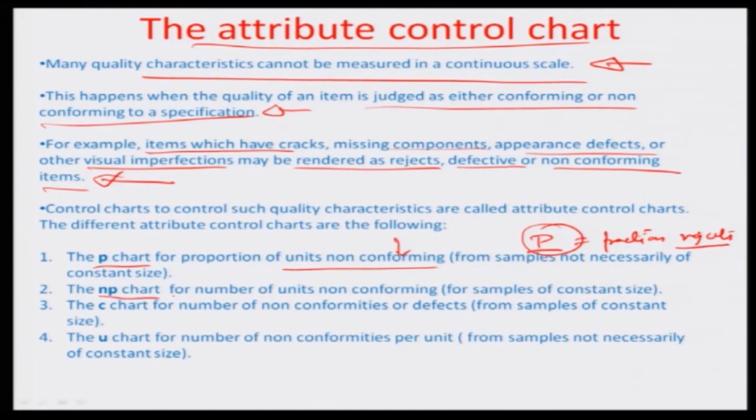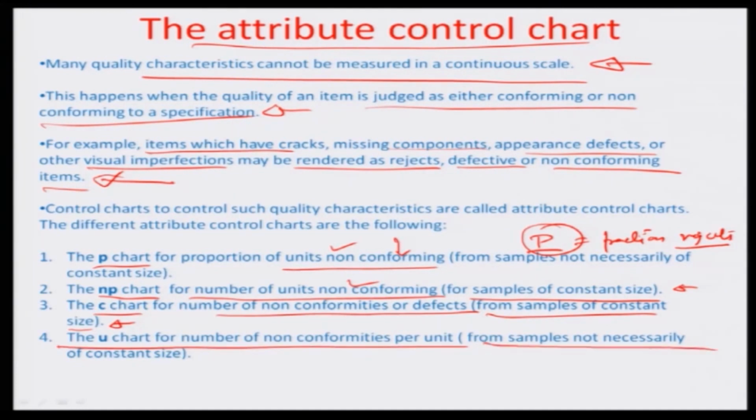There is the NP chart, where you talk not about the proportion but the number of units which are non-conforming for samples of constant sizes. You have the C chart for the number of non-conformities or defects from samples of constant sizes. I am going to record and plot all these different charts as we go along. Then there is the U chart for the number of non-conformities per unit for samples not necessarily of constant sizes,